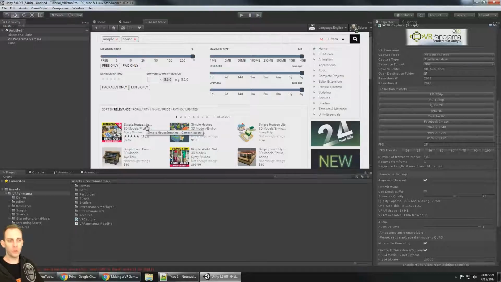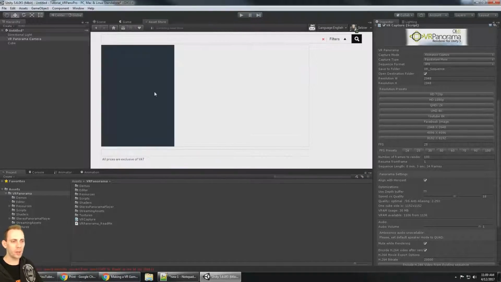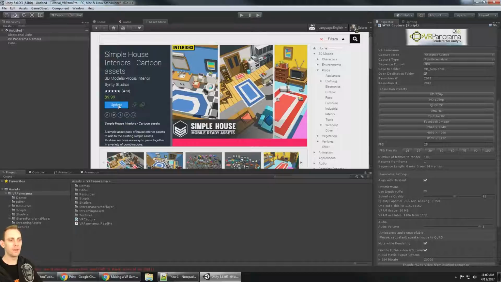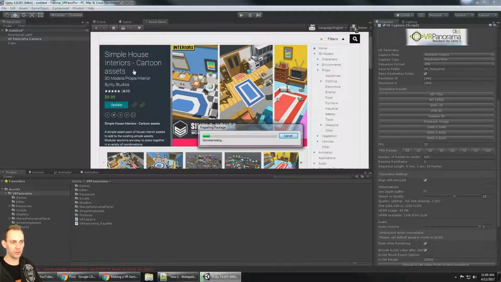And before I go through this script, I just want to import some kind of an environment so that I can look around at stuff. I'm going to use simple house interiors, and the reason why is